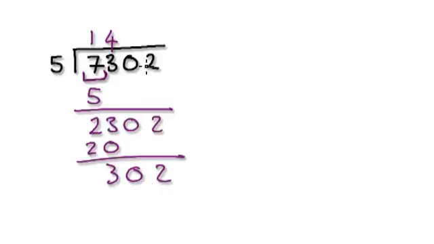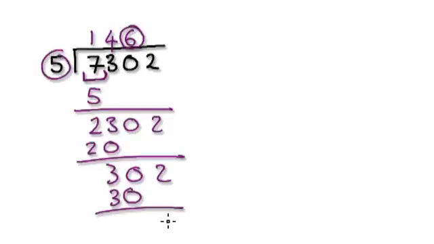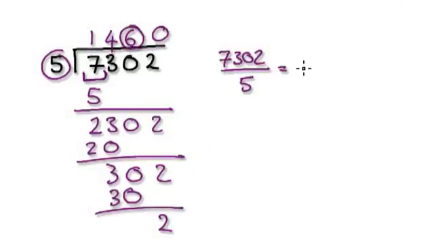30 divided by 5 without going over is a perfect 6. So now we would get 6 times this. That will give us 30, and so on here. That would then give us a remainder of 2. So now we can rewrite this as this thing here,